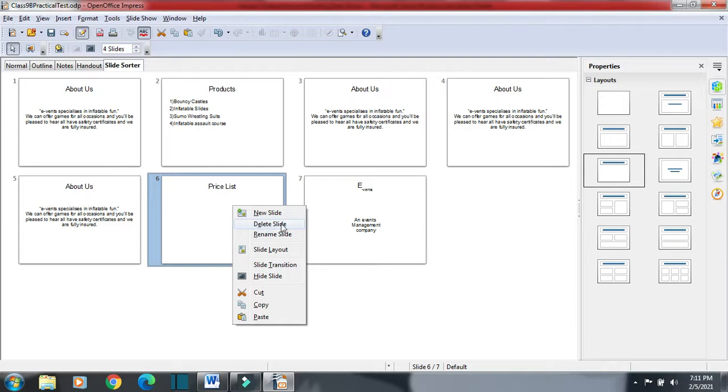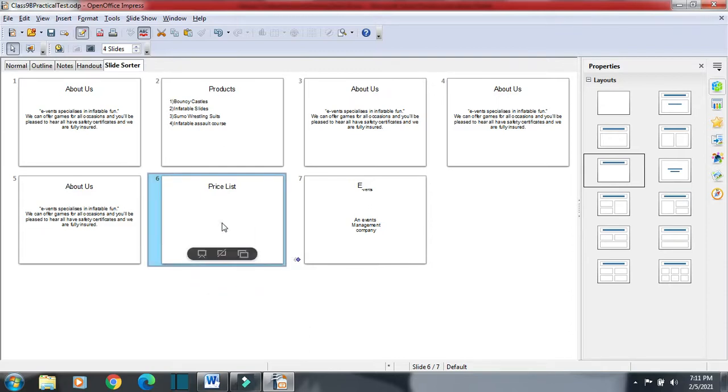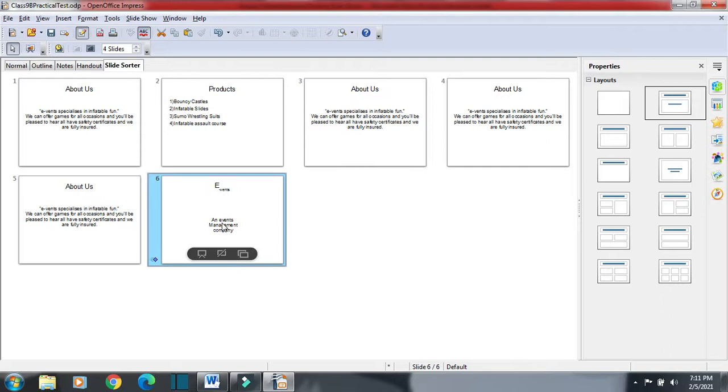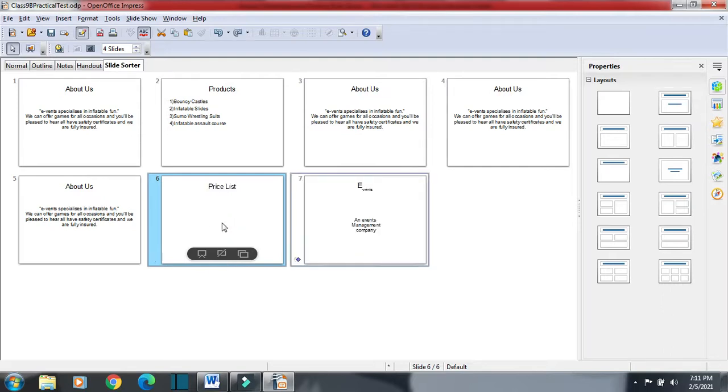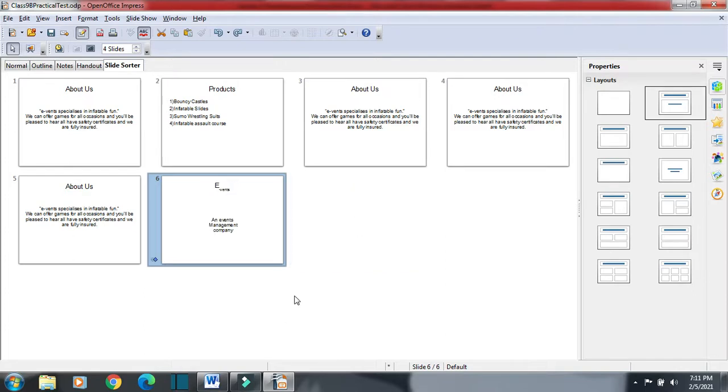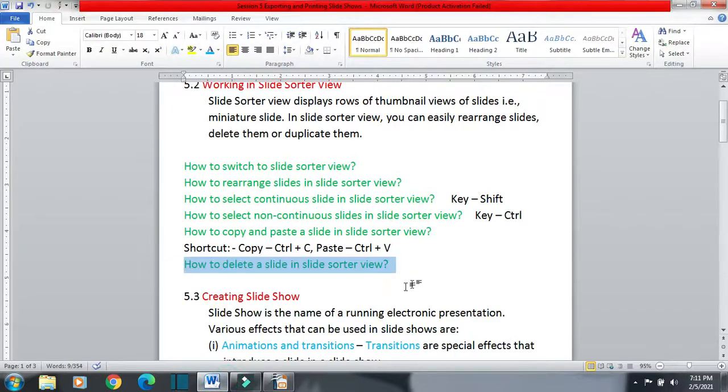So one option is this one. You can click on delete slide, or you can click on the slide and then press the delete key from the keyboard. This way also we can delete the slide. One more option is Control plus X. Control plus X will also delete the slide. So three options we have seen.